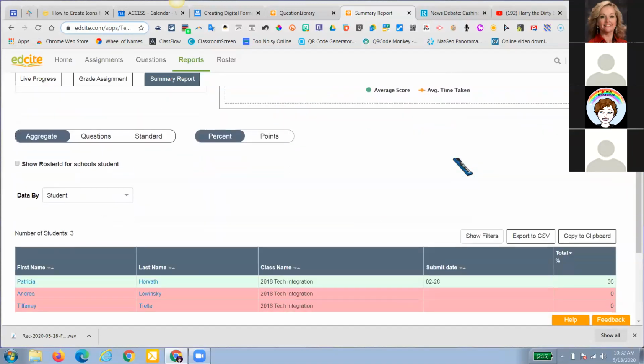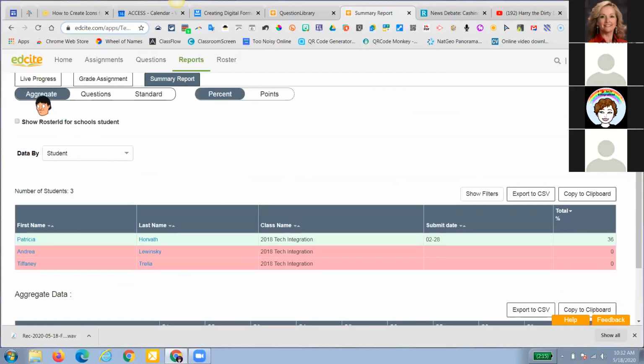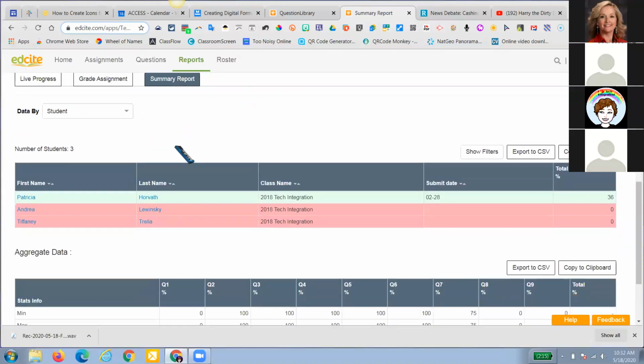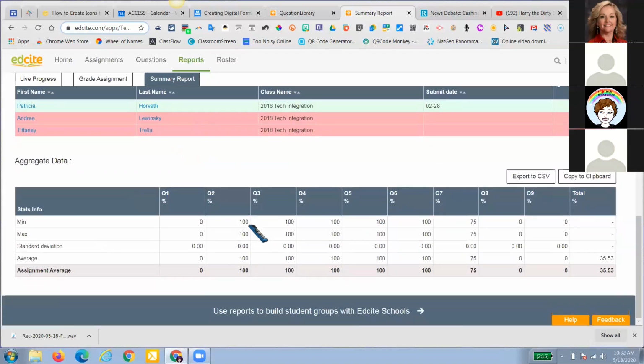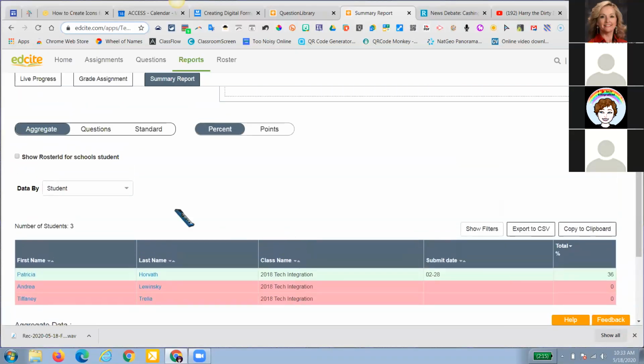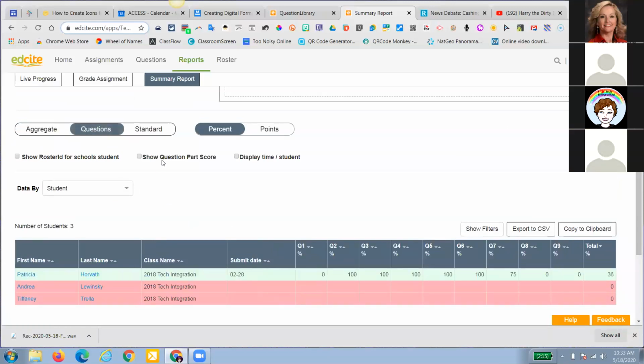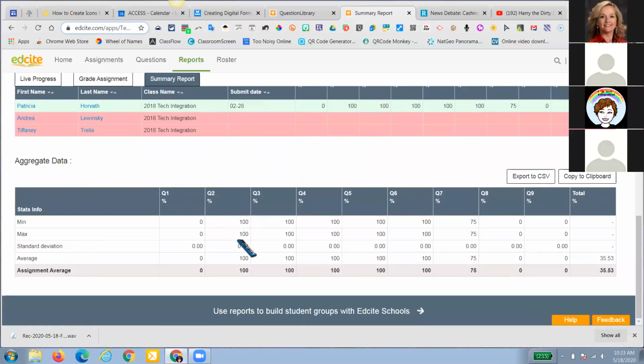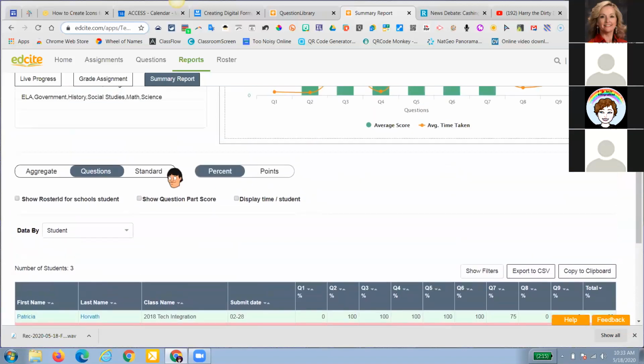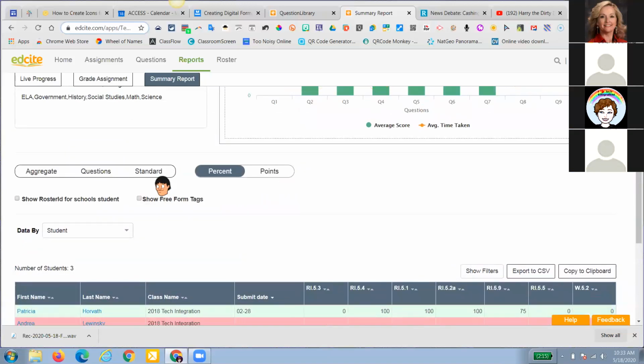So I can go ahead down here. You can see that this is my aggregate data. And so it's going to show me, based on the questions, how everybody did. I can go ahead up here, look by question. You can see that most people did good except for on question 7 and 8 and 9. And by standard,